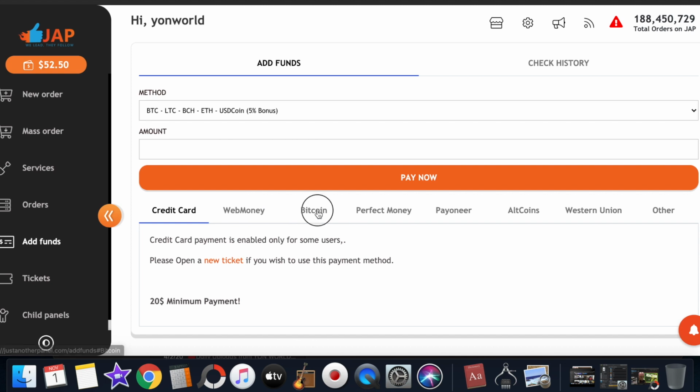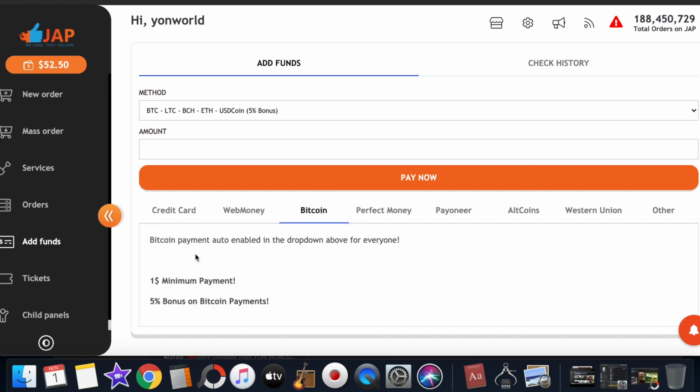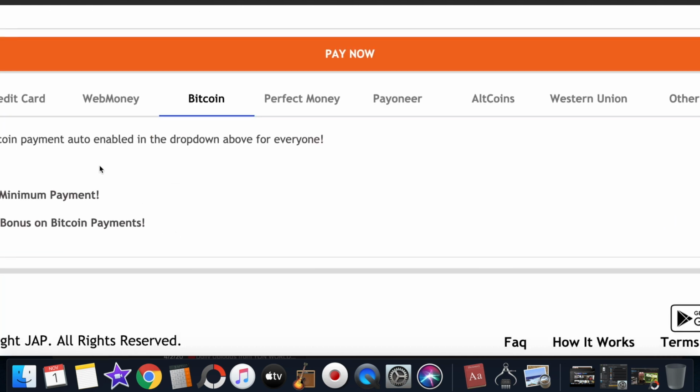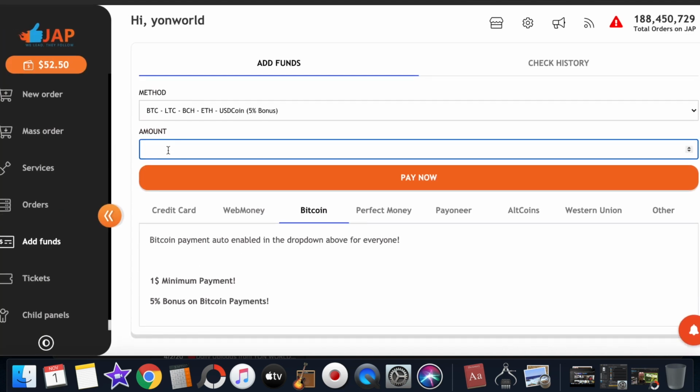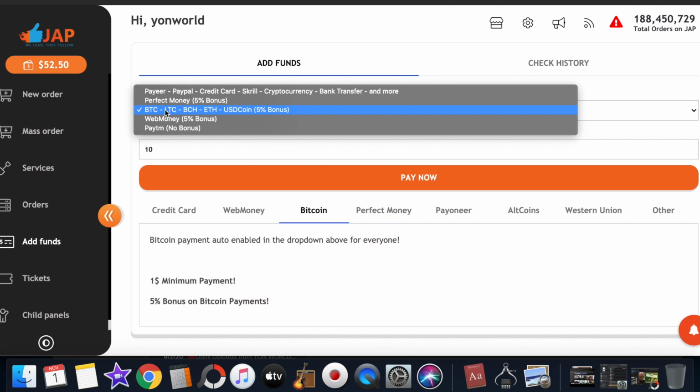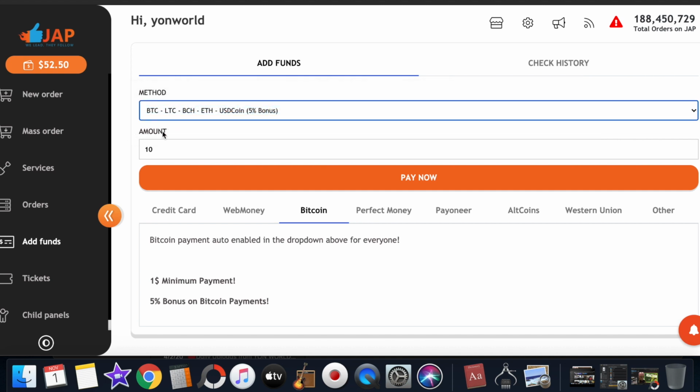So when we go over to the Bitcoin, you see Bitcoin payment is auto-enabled for everybody. The minimum payment is $1, and you get a 5% bonus on Bitcoin payments. So you get 5% extra of whatever you add, right? So let's say we wanted to add $10. All we have to do is select the payment method, which is BTC, add $10, go to pay now,